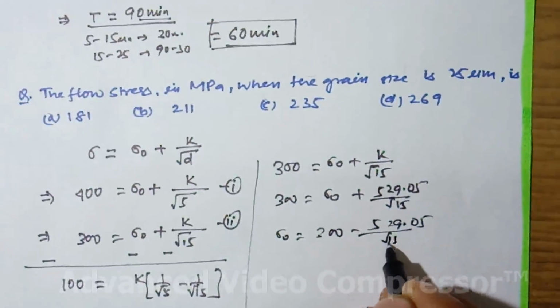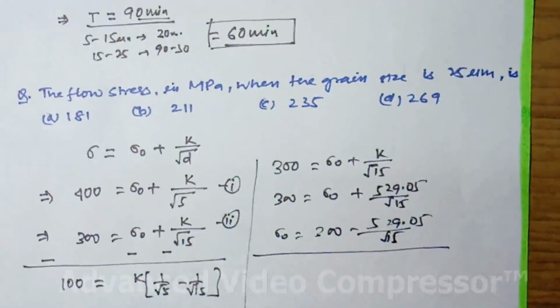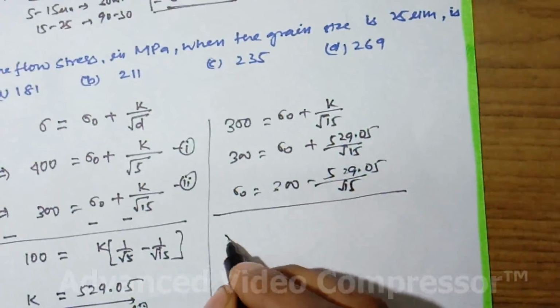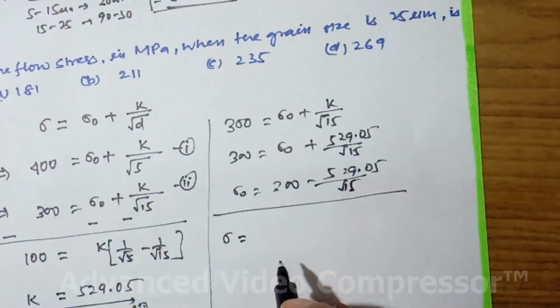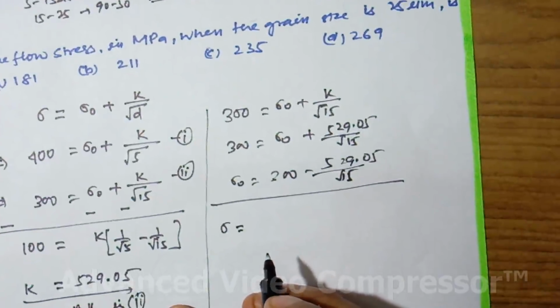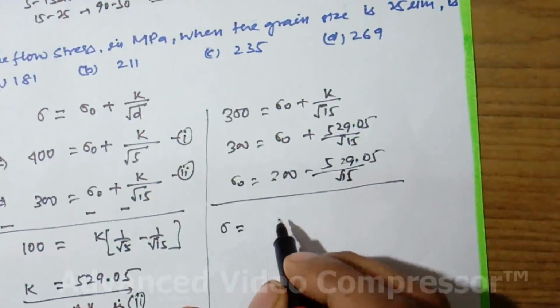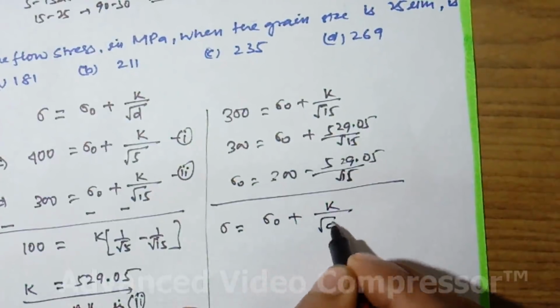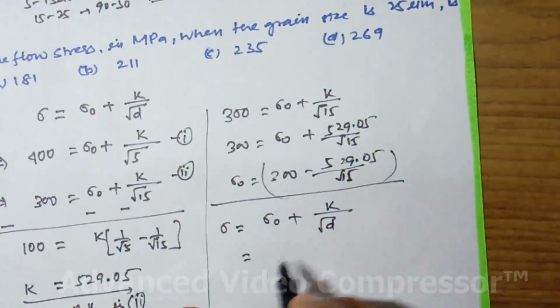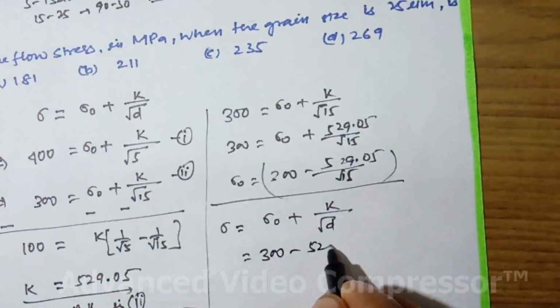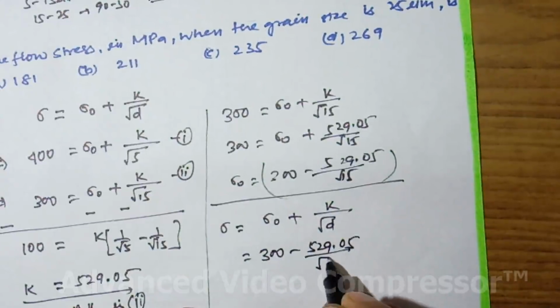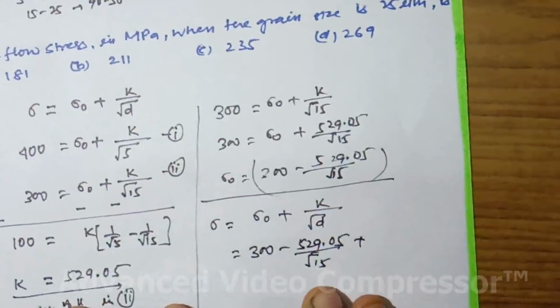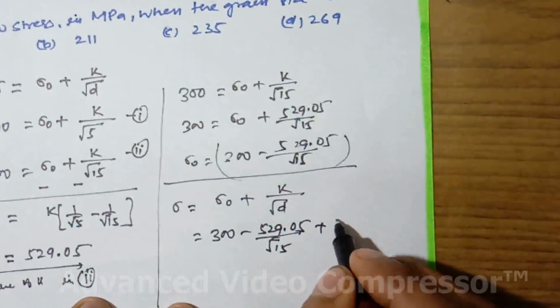So now we have to calculate sigma when grain size increases to 25 micrometer. So sigma is equal to sigma naught plus k by root under d. So sigma naught we have got as 300 minus 529.05 by root under 15, plus k. So k is 529.05 divided by root under